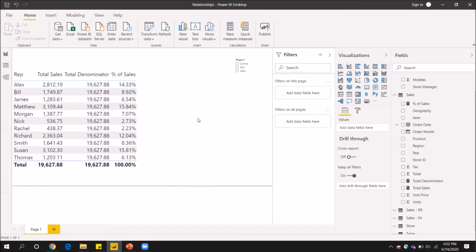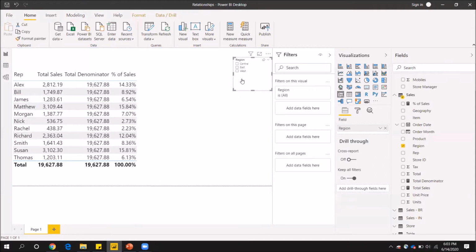Now, here I have one filter, which is for regions. Each of my reps belongs to a different region. Now let's see what happens whenever I apply such a filter. So let's say I clicked on Central.